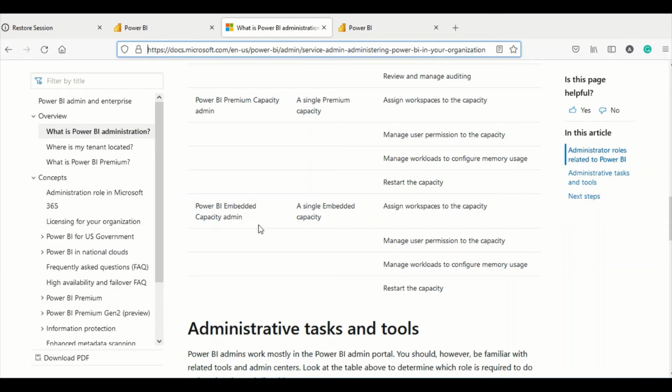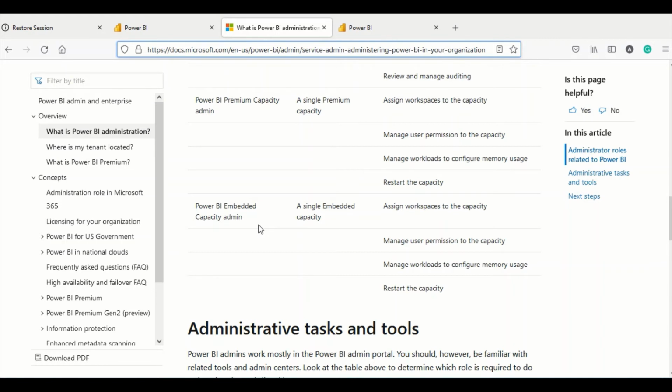So I cannot have RLS done in that case, or RLS is only limited to the user which I'm using. But if you are using Power BI embedding, you will be able to control RLS the way you want. So you can decide which user is logging in, and your login sync-up can be done in Power BI embedded.